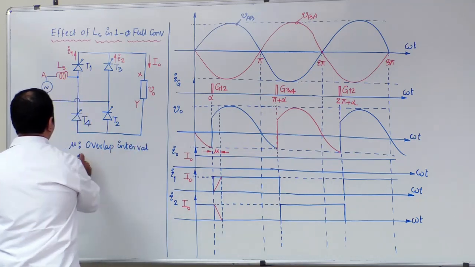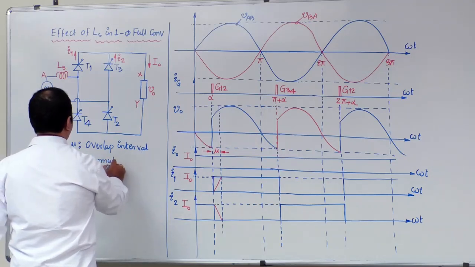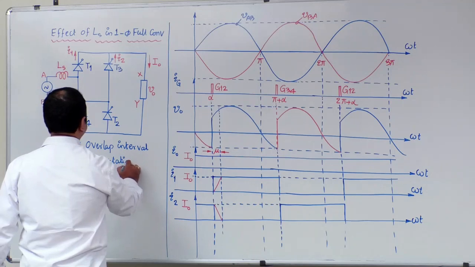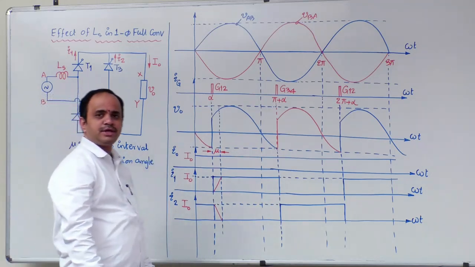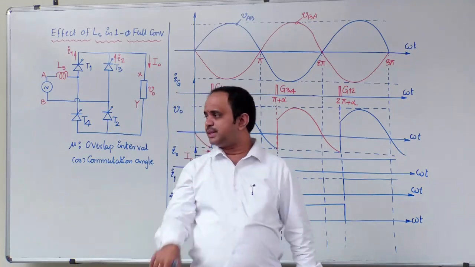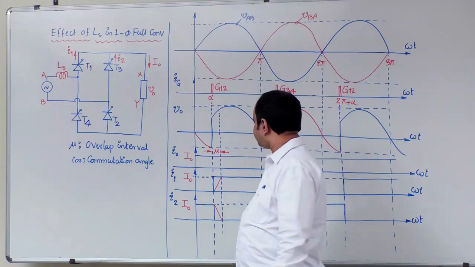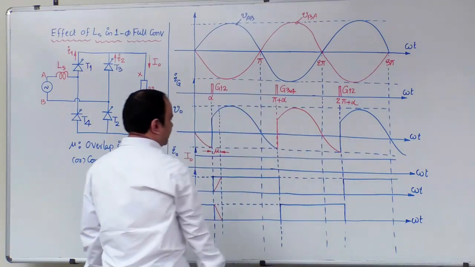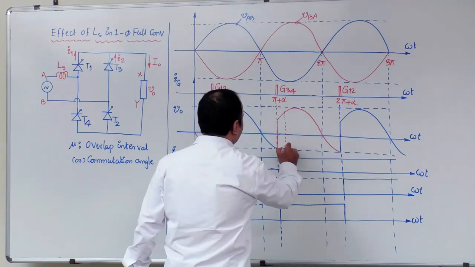Overlap interval. It is also called commutation angle, because during that interval commutation of thyristors will be taking place. Now, in a similar manner, at pi plus alpha also,